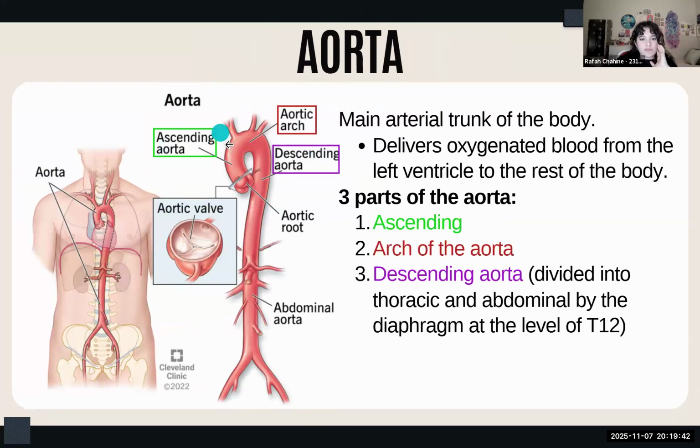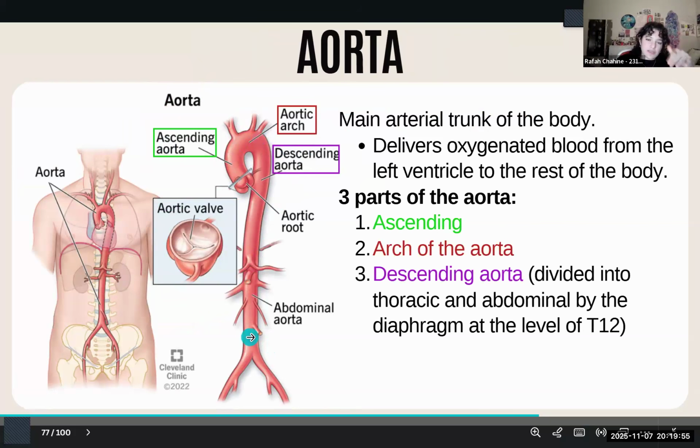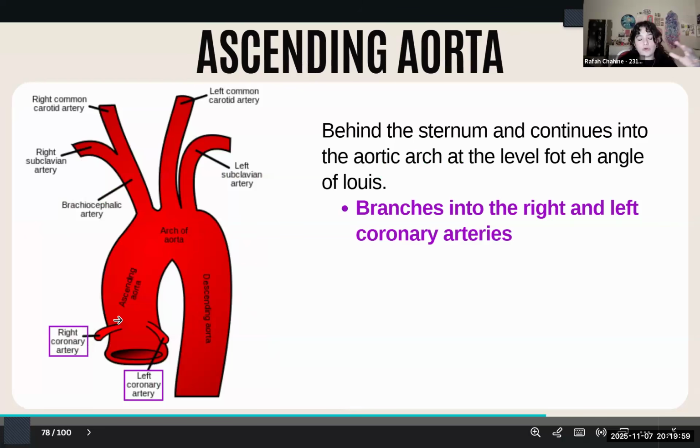The aorta has three different segments. We have the ascending aorta, the aortic arch, and the descending aorta. The descending aorta is divided into the thoracic and abdominal aorta by the diaphragm. The abdominal aorta we're not going to be talking about. This is going to be for the tutor, Abdulrahman Alabyad, who's going to be talking about